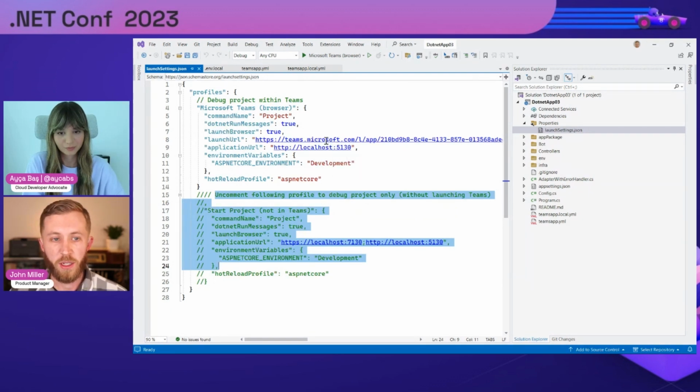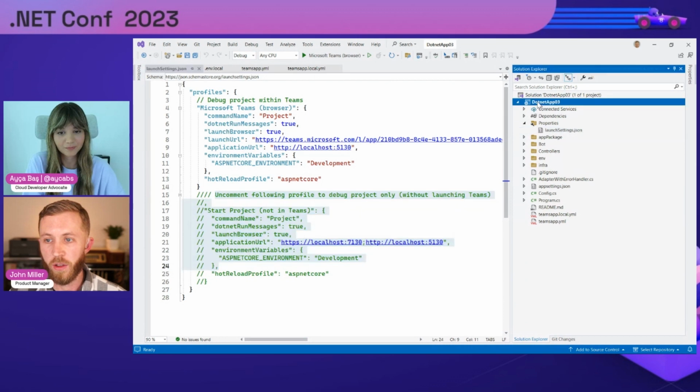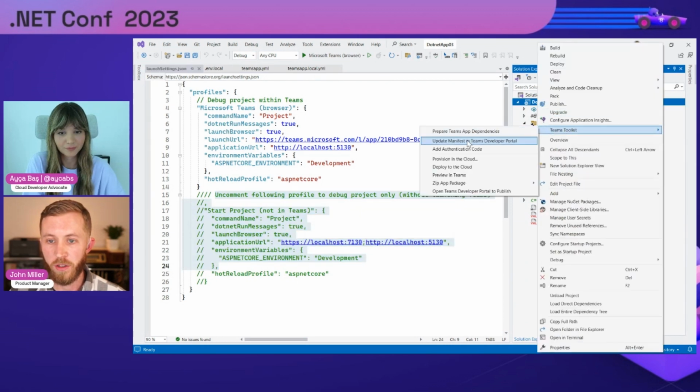The only time you really need to maybe do this is if you want to install the app if you haven't done it already. But anytime the manifest is updated, we have another command for that if you want to make that easier. So you can just update the manifest in the developer portal. Add authentication code is a way to help scaffold out code for adding SSO to your Teams apps. And then provision and deploy